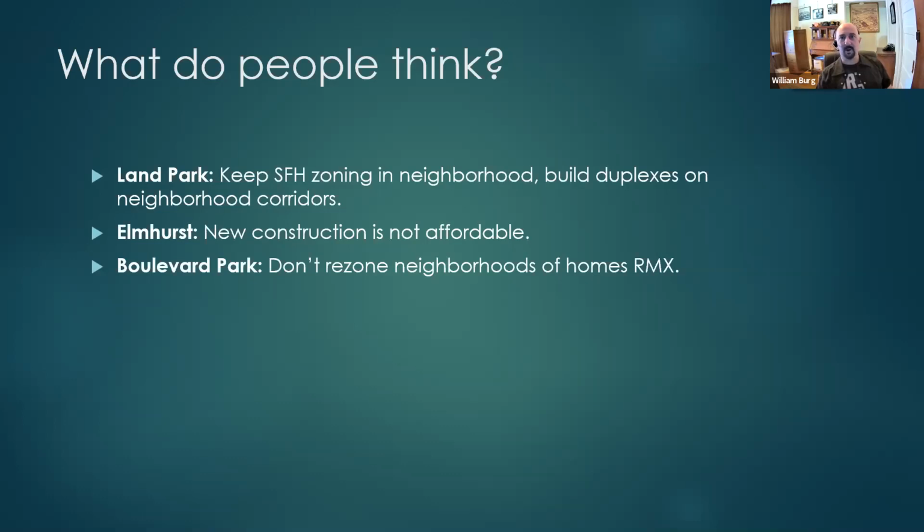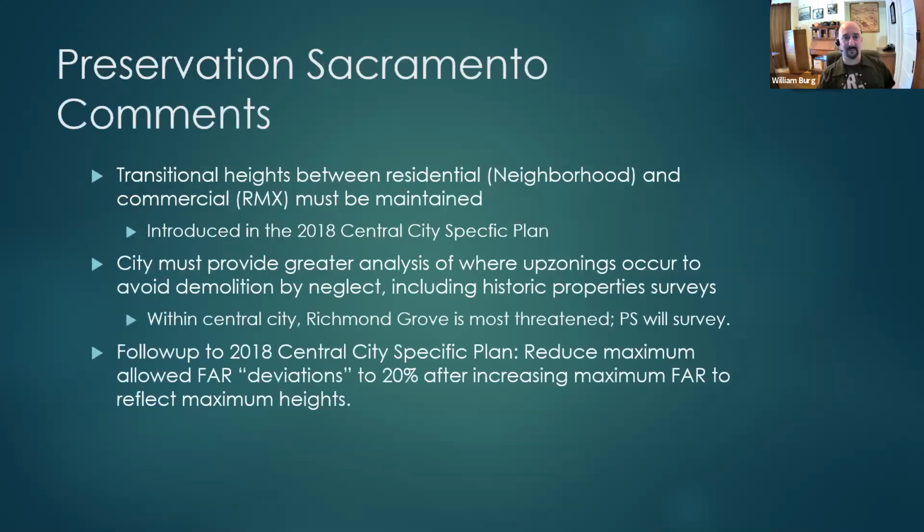And then Boulevard Park Neighborhood Association really raised the alarm for historic districts that a lot of blocks that were neighborhoods, homes, small apartments, were zoned RMX in error. And so part of what we've been doing as a preservation organization is identifying lots and blocks and locations which are being upzoned. And as I said, you can't downzone anything ever again, which means anything that's being upzoned, we want to look at very carefully.